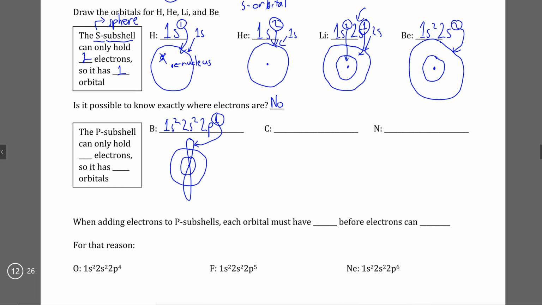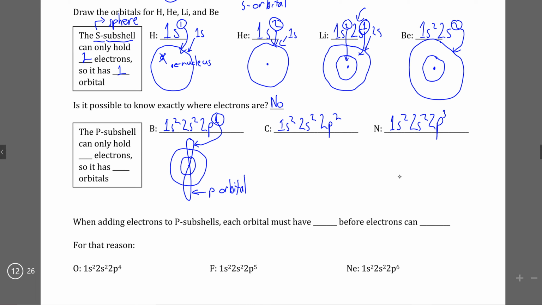Now, I said part of a p subshell because this part of a p subshell is actually a p orbital. This is only part of the subshell, and it can hold a maximum of 2 electrons within it. If we want to see what an element looks like that has more than 1 p orbital, we can look at carbon and nitrogen, which are 1s2, 2s2, 2p2, and nitrogen is 1s2, 2s2,